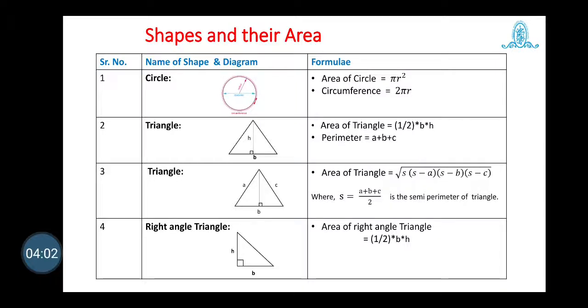The same way, if a right angle triangle is given in which again base and height are given, then how do we find the area of the right angle triangle? It is equal to half base into height, where b is the base and h is the height of the right angle triangle. Okay, these are some formulas which we use in the given examples. So now we will go with the examples of the formulae of circle as well as triangles.